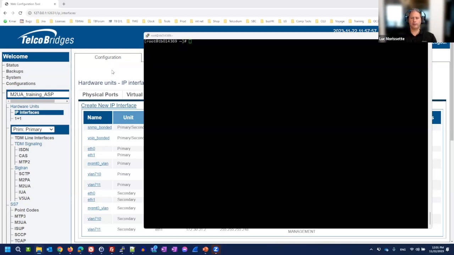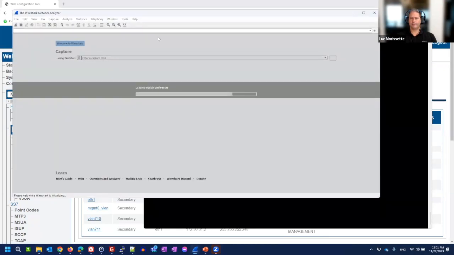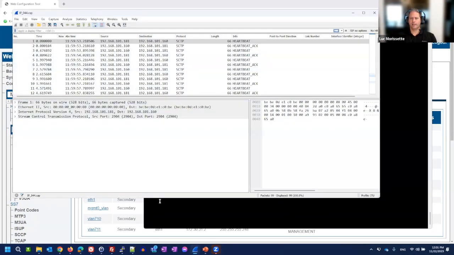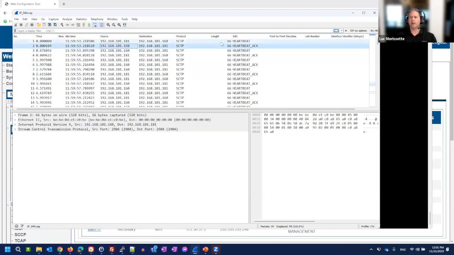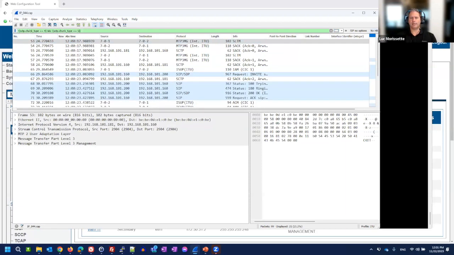So of course, we open it up with Wireshark. And this is what we see from the trace. You see packets coming from 181 to 160 and 160 to 181. You can see here SCTP. So SCTP, once it's up, it always sends heartbeats like this, and it pollutes a little bit the Wireshark trace, so you can then eliminate those packets, right, which are SCTP types 4 and 5. So then you're left with only